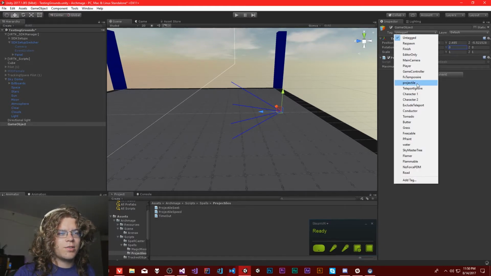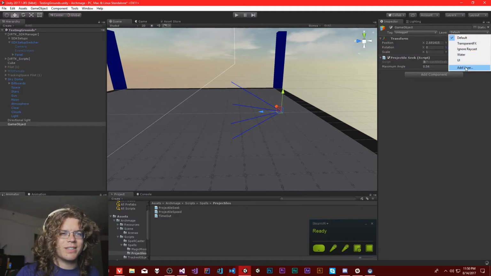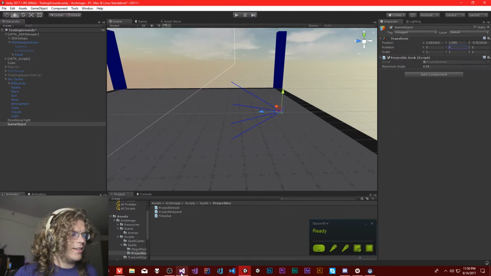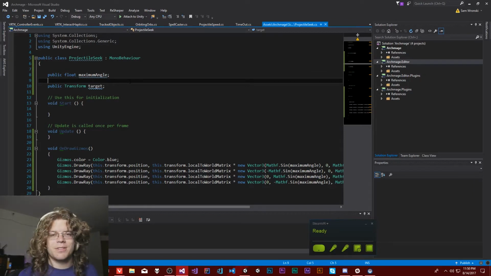And then, ooh, where did all of these come from? So I've imported a number of projects, so I'm getting a bunch of random tags from other things. That's interesting. I don't need any of those. I'll have to clean that up. This is mostly just a test bed, but